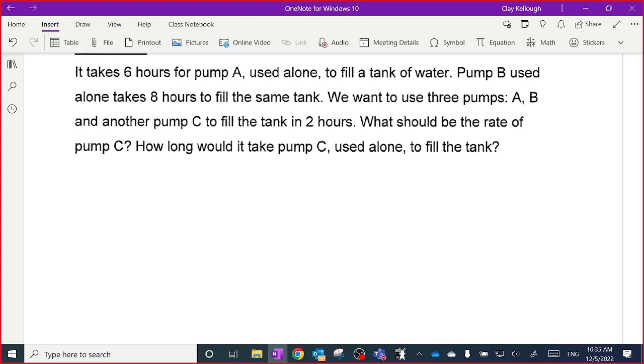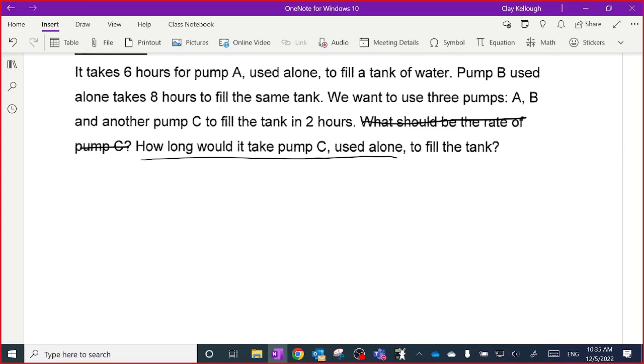fill the tank? You know, this is actually a bad question. It's not even grammatically correct, so I'm not going to worry about that. That's the question we want to answer right there. How long would it take pump C used alone to fill the tank? So we're going to do that. So we already know that they're going to fill in 2 hours, right? So we are going to try to figure this out,